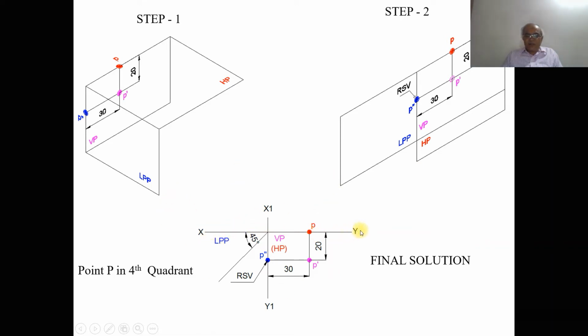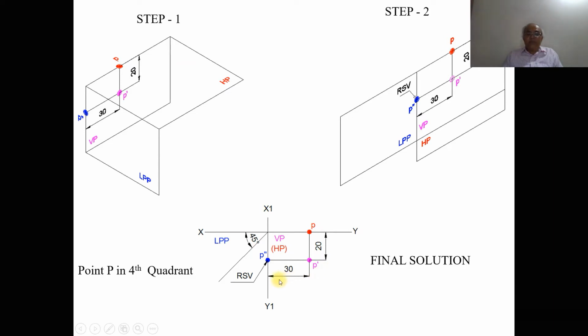How to write this has been explained in the third quadrant, and we need to do the same way. First we have to draw the XY line and the X1 Y1 line. Then identify the planes VP and HP; both are below the XY line because it is in the fourth quadrant. Since VP and HP are overlapping, HP is the one which has been rotated, so it is going to be in brackets. Since VP is below the XY line, LPP is also below the XY line, and it is adjacent to VP always, irrespective of the quadrant.